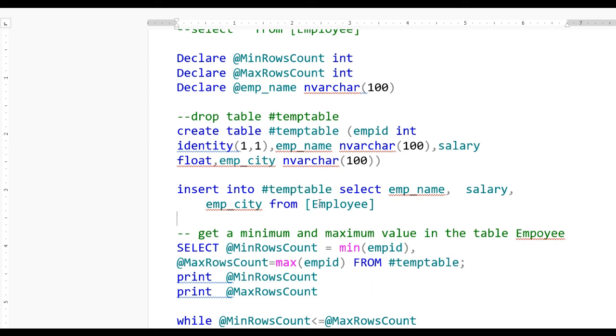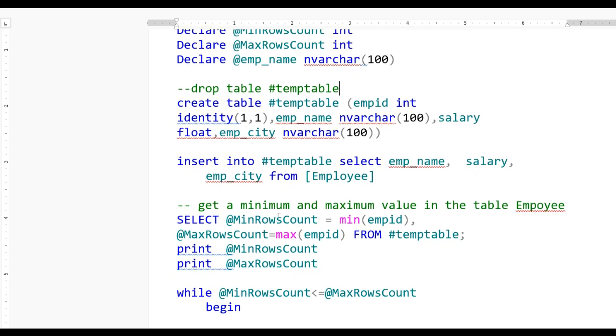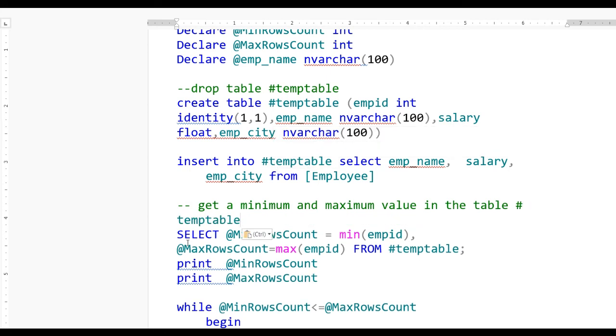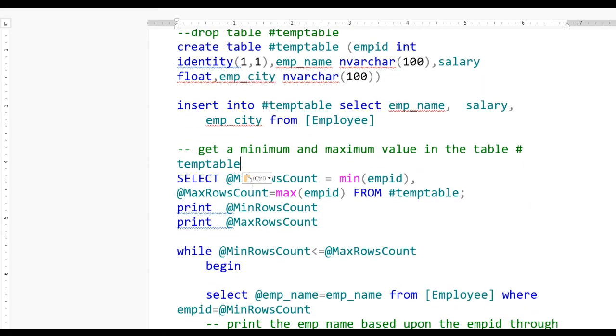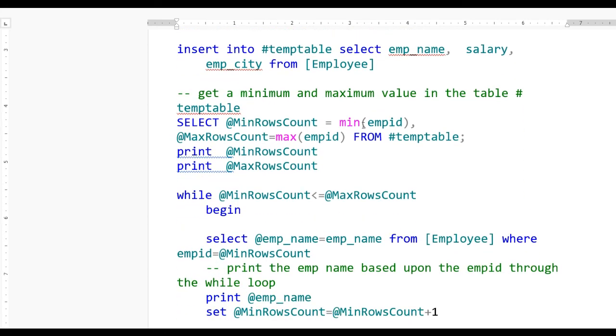So I have put the values of employee in the temp table with identity column 1. After that, get the minimum and maximum value in the temp table like select min rows count as minimum employee ID, max rows count as maximum employee ID from temp table, and after getting we'll print min rows count and max rows count.